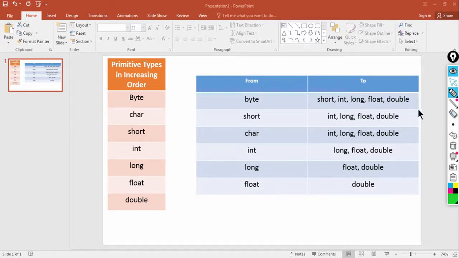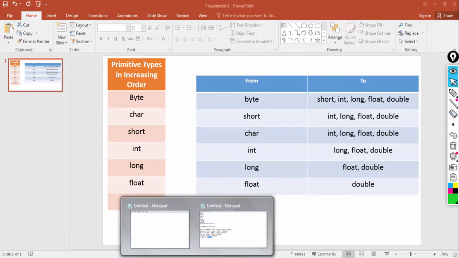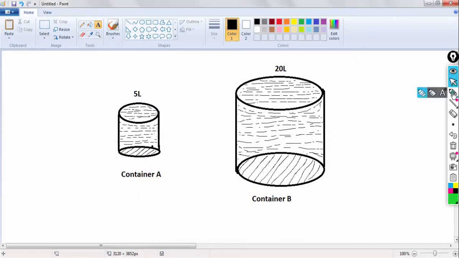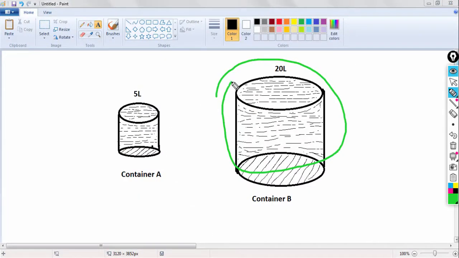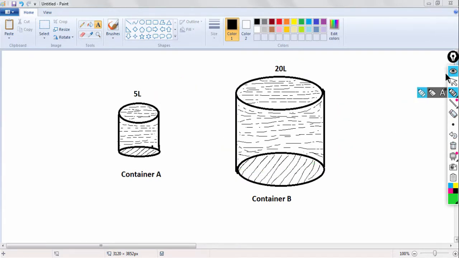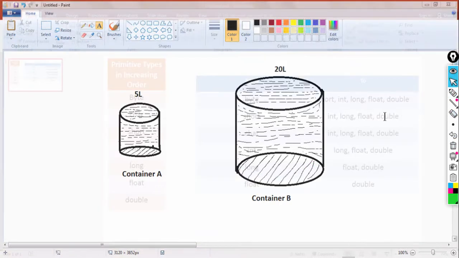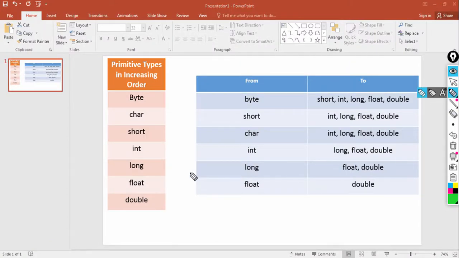Just like when you try to pour the contents of 20 liters of liquid into a 5-liter container, there will be loss of the content, okay. So similarly, when the explicit conversion is done, that is downgrading, that means assigning a larger data type to a smaller data type.